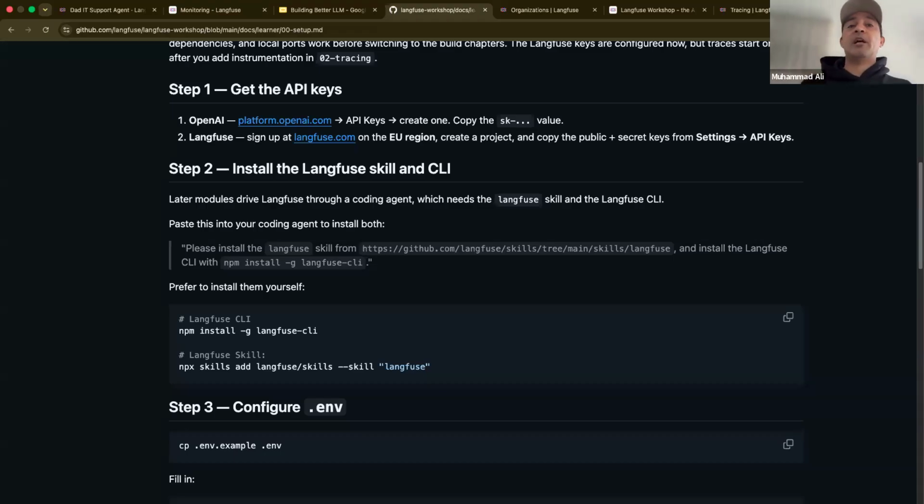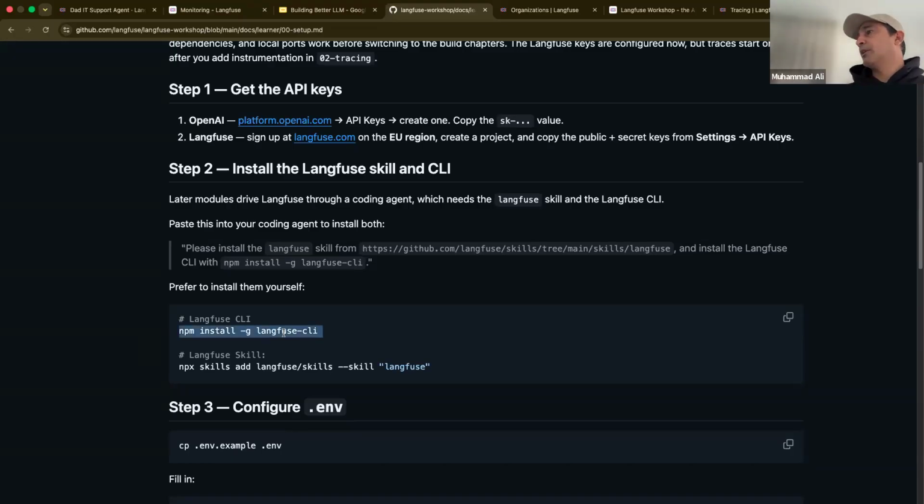So let me pause here and ask you, have you copied the project keys into the .env file? Give me a thumbs up. From there, we will start moving a little bit faster. All right. So this is looking good.